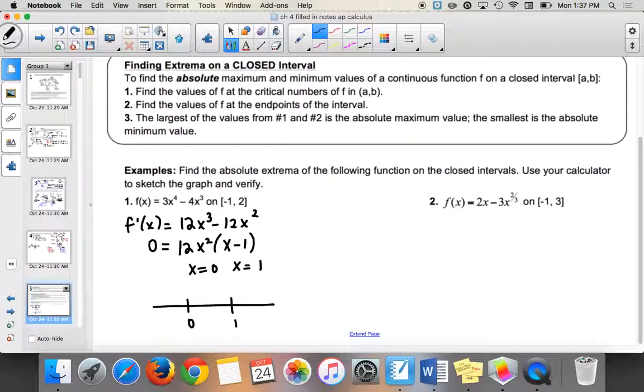Those are going to be what I put on my number line. But I don't want to do arrows on the end of my number line. I want to do my endpoints. So I say, oh, but I'm only on the interval -1 to 2. So I stop the number line. And now I do what I did before. I test in f prime, and I want to see if values give me positive or negative. So we like when there's, see how this is 12x squared? 12x squared is always positive. Doesn't matter what you're plugging in for, right? So that part's always positive. So I'm really just worried about the x minus 1.